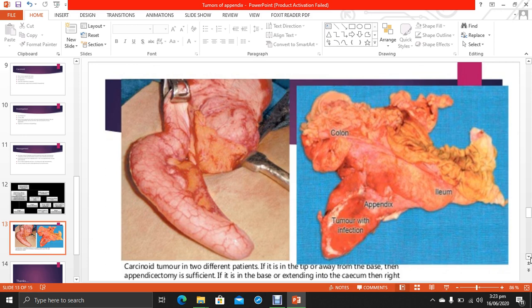But the take-home message: when in an old age patient with pain in the right iliac fossa you feel a mass on palpation, you should not be in a hurry, you should do a CT scan. And if you are in the periphery and you are not well expert, and the patient feels pain in the right iliac fossa, you should not give a painkiller, otherwise the symptoms will be masked. The patient may go home instead of being referred to a surgeon.